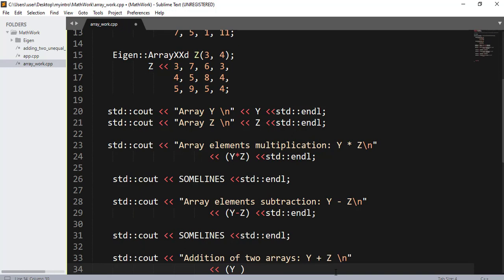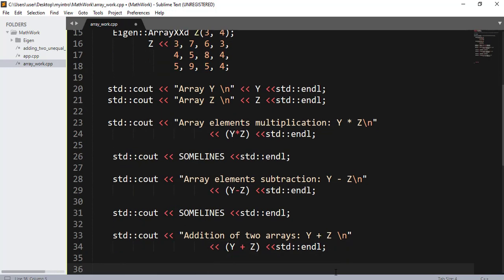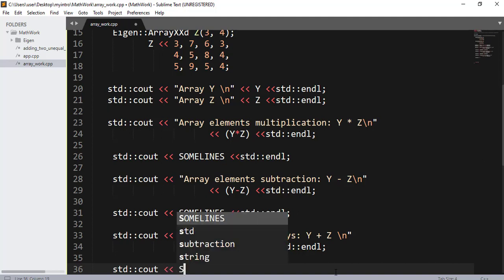y plus z, std::endl. Let's add the line separator again, std::cout some lines,